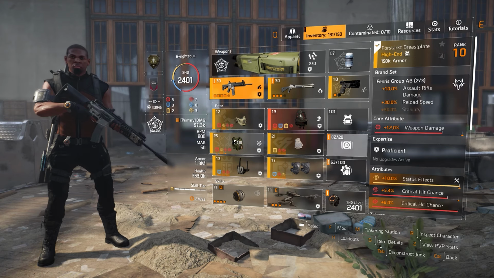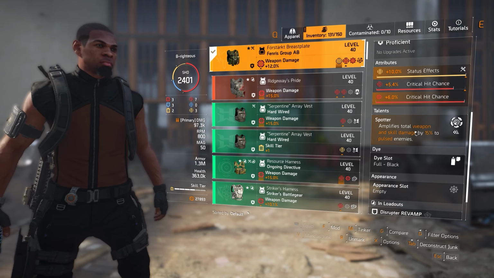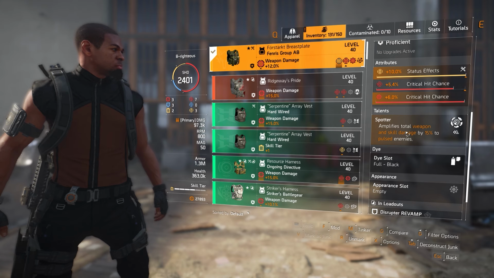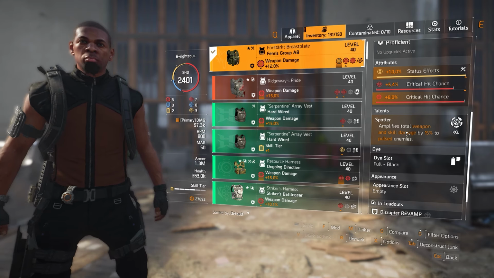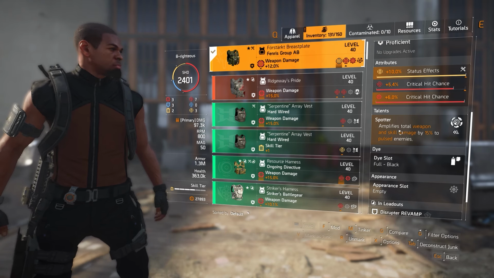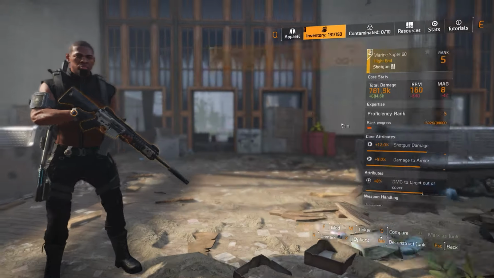Is this redundant? If there are two amplifying bonuses, like on Spotter, amplifies total weapon damage, and then you have a talent like Flatline that amplifies your total weapon damage, what weapon damage are you amplifying if you're amplifying both? So it seems like it cancels itself out to me. I don't know, maybe you could help me out with that in the comment section below,